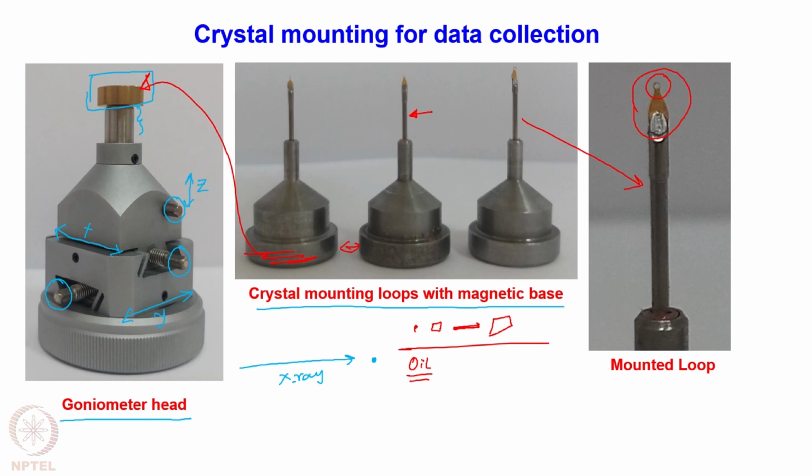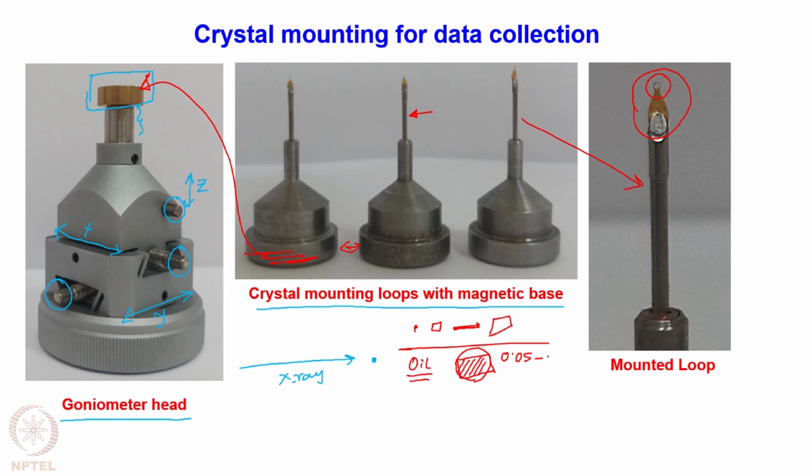That oil uses its surface tension to stick the crystal to that loop. So the loop is like this, and you choose a crystal suitable to the loop, or you choose a suitable loop for a particular crystal that we have got,